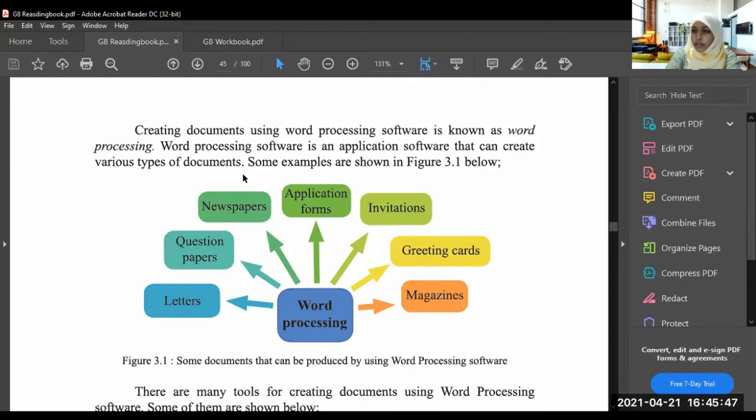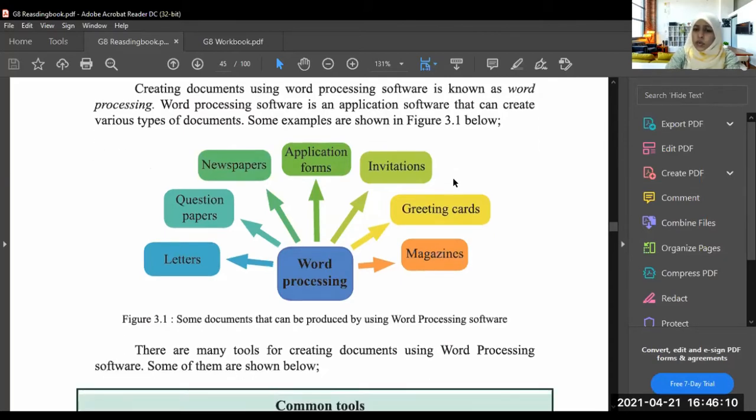I think you know what an application software is. Application softwares are the softwares which are used to make tasks easy. Whatever task we have, we can do it using application software. Some examples are shown in figure 3.1 below.